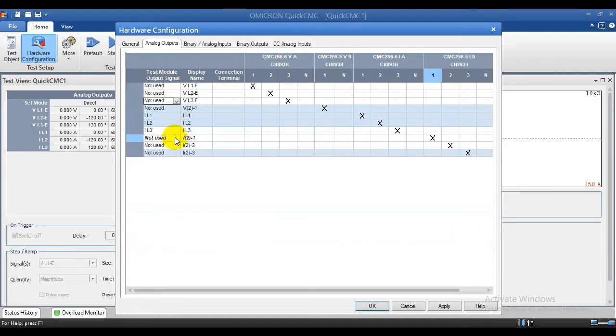And in our secondary injection kit, we have voltage output 1 and voltage output 2, and a set of current output, that is 3 phase. We have 2 sets of current output to test the differential relays. And if you want to test the differential relays, you can make this enable, the second output channel for current.